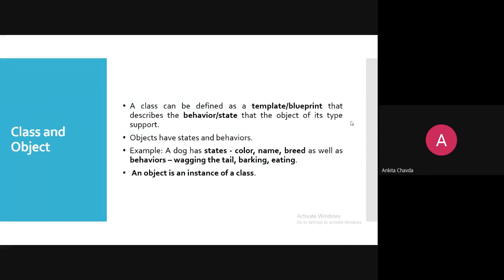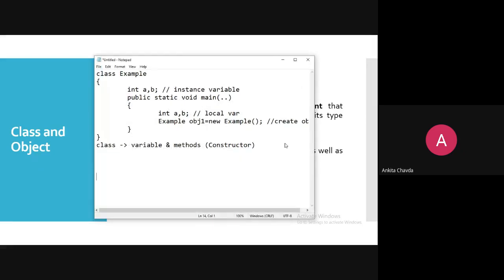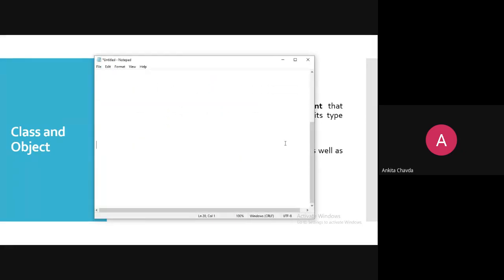A class can be defined as a template or a blueprint that describes the behavior or state of the object of its type. Objects have states and behaviors, right? Because whenever you are creating the object, at that time the actual state and behavior you are giving. Suppose I'm having a class named car, blueprint would be, say, string color,